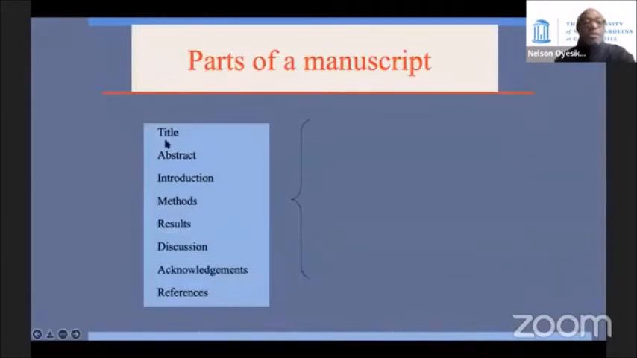Okay, so what are the parts of the manuscript? As you see here, title is the first thing, abstract, introduction, and so on, all the way to references. But I would submit that this sequence is not necessarily the sequence you should utilize when you're actually preparing a manuscript. For example, the first section of the manuscript that you can write, even before you have one data point, even before you have one result or one chart or figure,